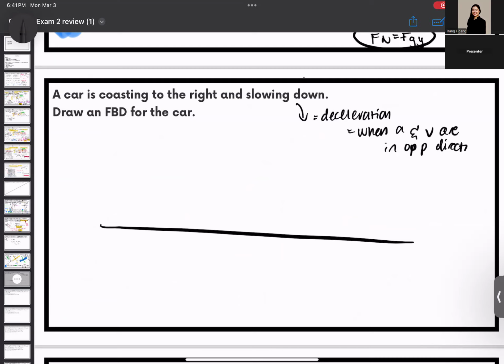Okay, so we have our car, we'll call it stop. Think about it, right? If it's on a road, there's the normal force. If you're on Earth, you've got gravity. And it says that it's slowing down, so we assume the car is going to the right, right? Slowing down means that if we're moving to the right, our velocity is in the right direction. That means if we're slowing down, we have to